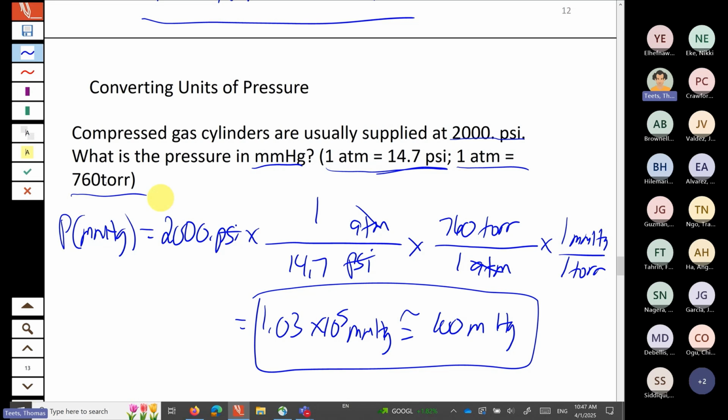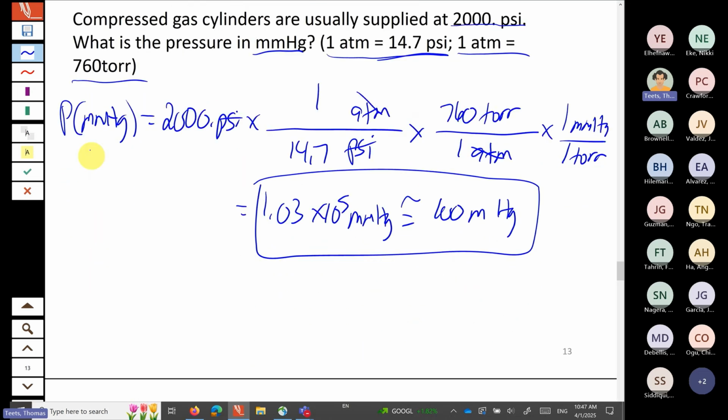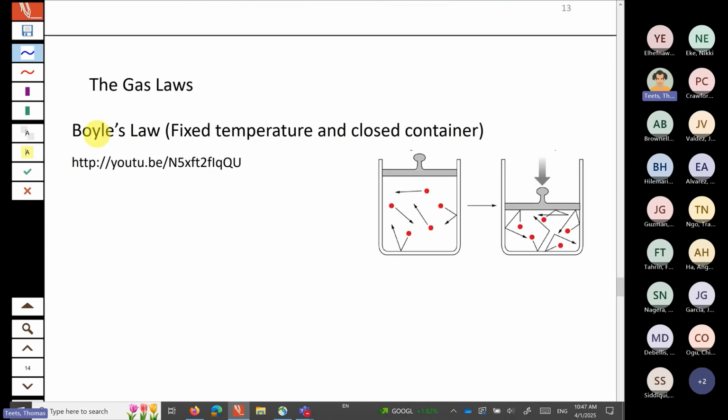This is kind of interesting from a historical perspective, because these were some of the earliest chemistry experiments ever done. So when we talk about the first chemists, the first people that we would classify as chemists, these were some of the experiments that they were doing. And one of the reasons they were doing these types of experiments is because they're not very technically complicated. So what we're going to talk about here is how the volume of a gas,